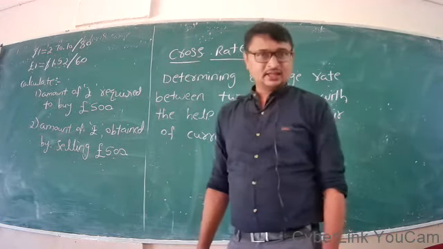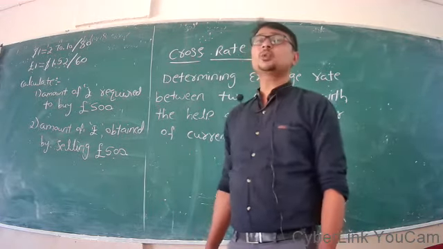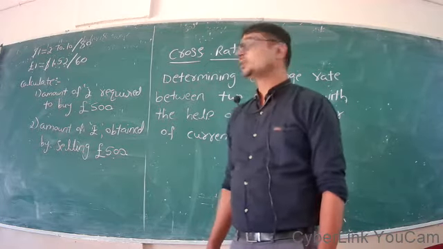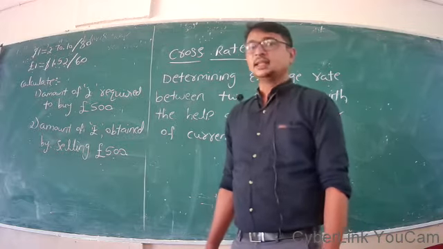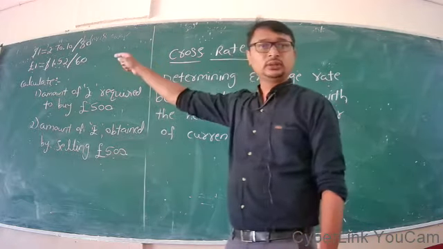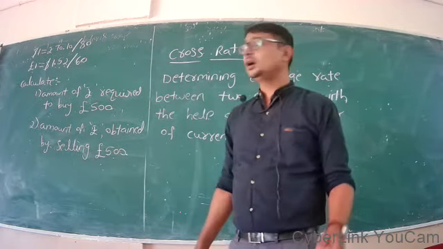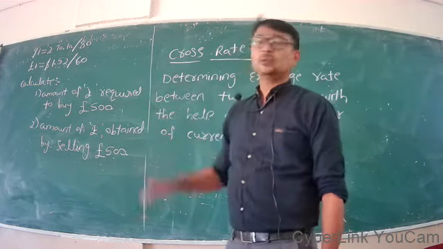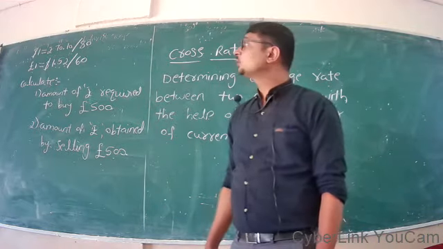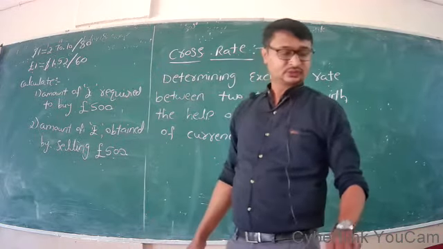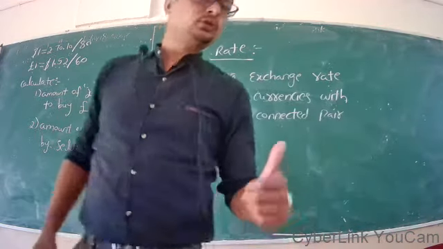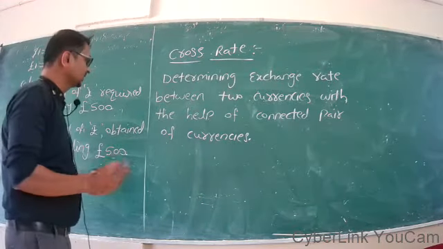Now, in the earlier illustration, it was quite easy because that was a one-way quotation. There was only a single price. Now, they have given both the bid and ask price. Now, how can we derive or establish the relationship between these two currencies? So, the thumb rule for cross rate is